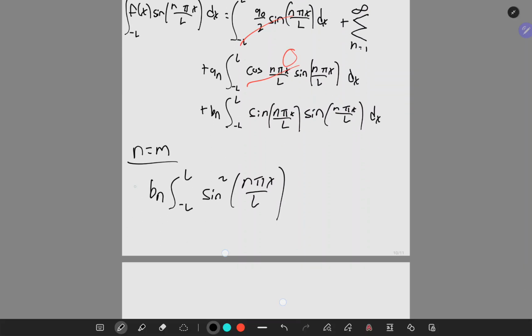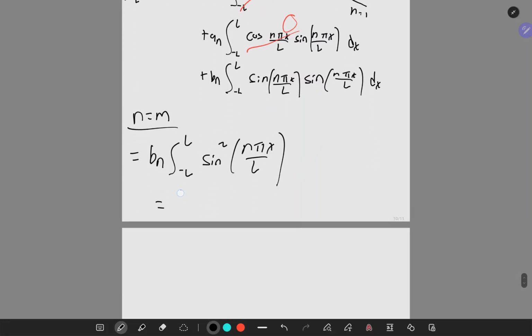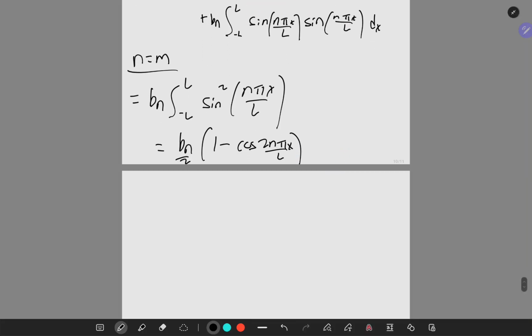So now we're left with this times another half angle. This one is what? 1 minus cosine of 2n pi x over L. Sorry, the integral's still there. It is equal to bn over 2 times, let me write the integral, x minus L over 2n pi, integral of cosine is positive sine,